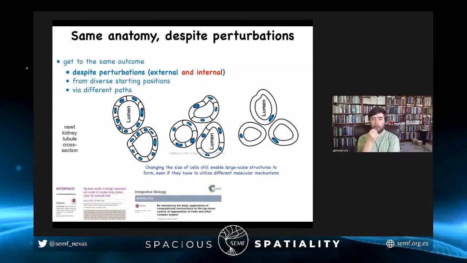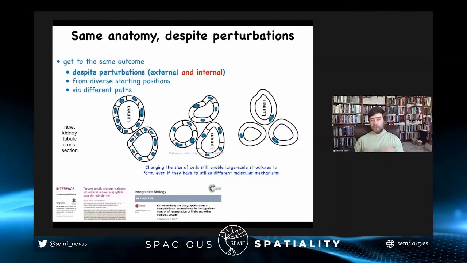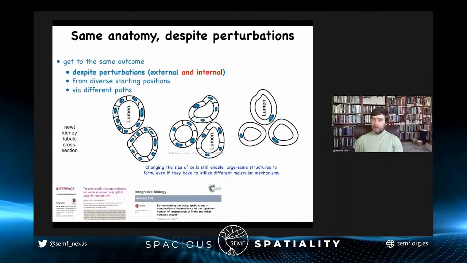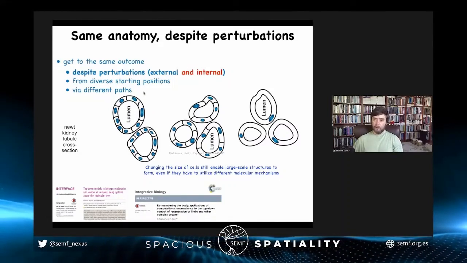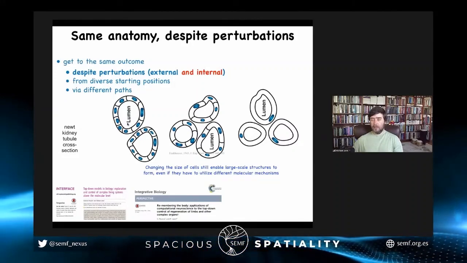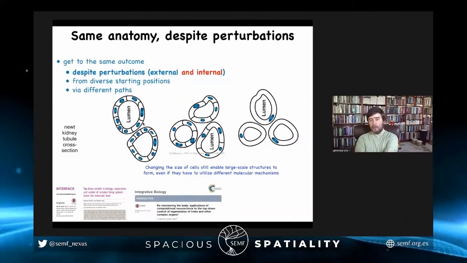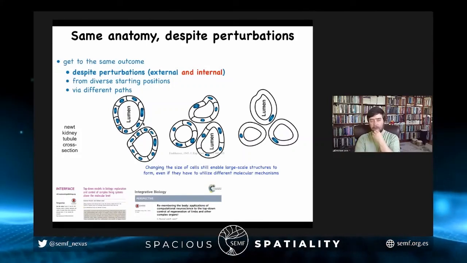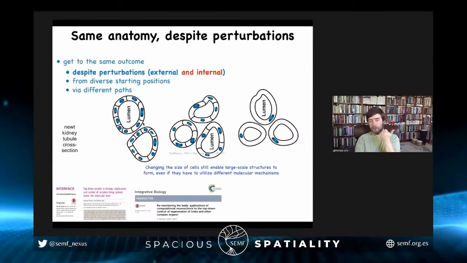Now, of course, we don't have any machines that can do this, that can repair themselves after damage or put themselves together with diverse parts. Here, this is one of my favorite examples of all time. This is a cross section through a newt kidney tubule. So here's the lumen of the tubule, and these are the cells that make up the tubule. Normally, it's let's say around 8 cells that work together to form this kind of tubule. But one thing you can do is you can make these cells what's called polyploid, which means they have extra genetic material. Amazing thing number one. With the excess genetic material, you still get a perfectly normal newt, no problem.